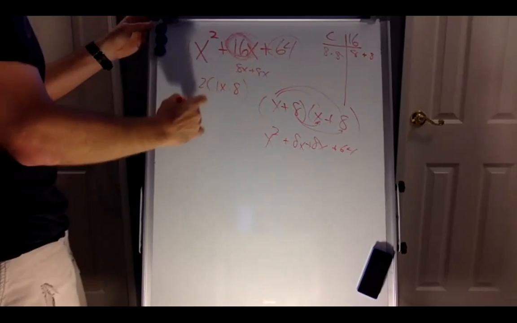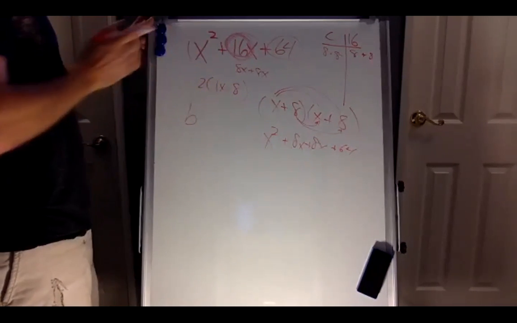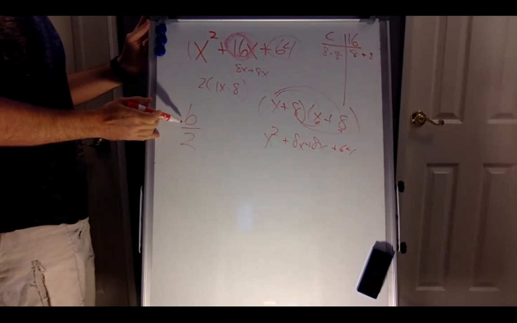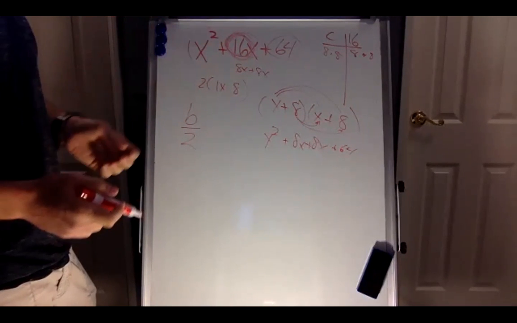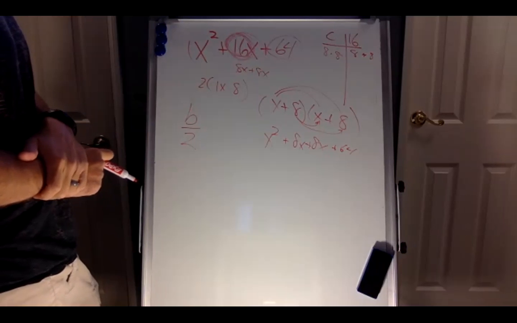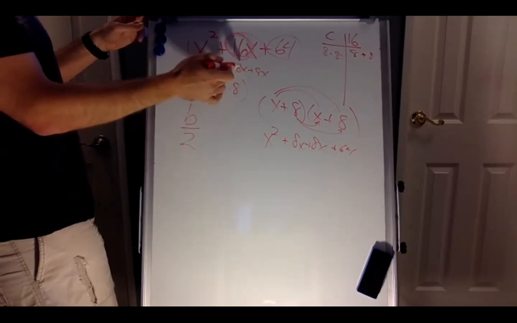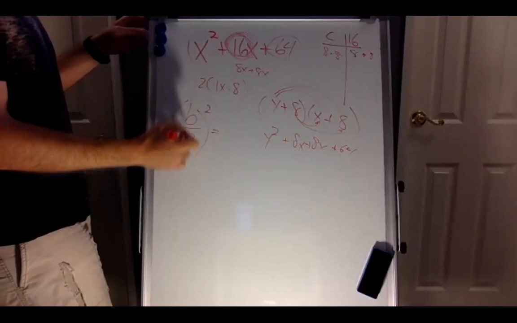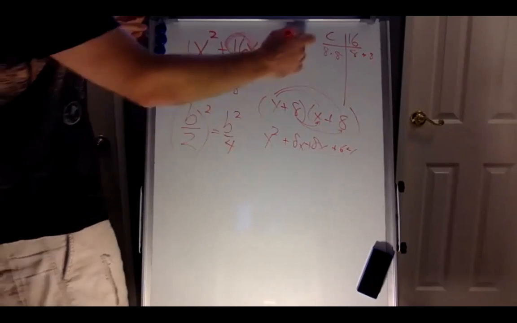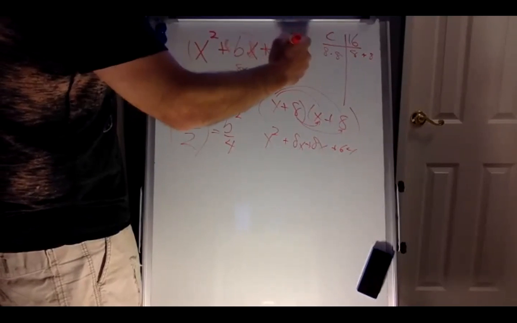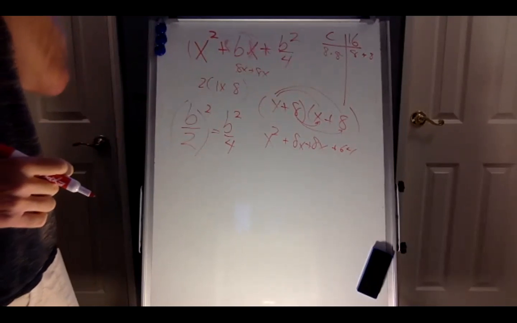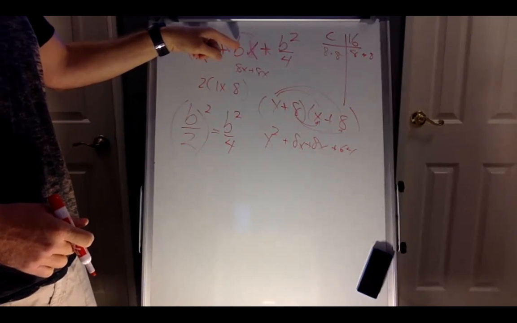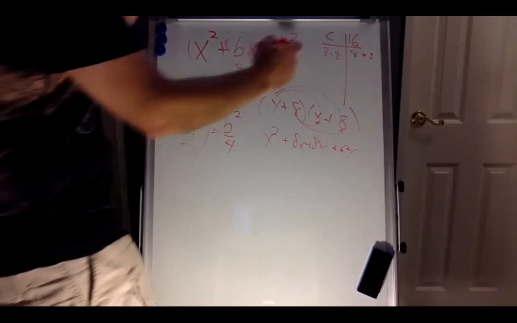So what is this term? That's the B term. Whatever B is, even if it's not a perfect square, you can still do this. Whatever B is, divided by 2, and it could get ugly. It could be an odd number. But if it's an even number, then you won't have to work with halves or anything like that. Once I divide that by 2, what did I do with the 8? I squared it. So you square this. What is this squared? B over 2 times B over 2 is B squared over 4. So this term is always going to be B over 2 squared. And the way you find it is you cut this middle term in half and square it, and that's what goes there. Now, if I have an equation